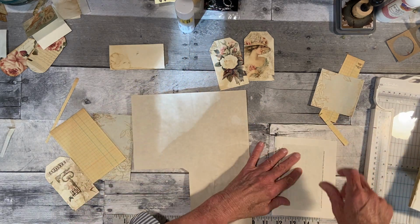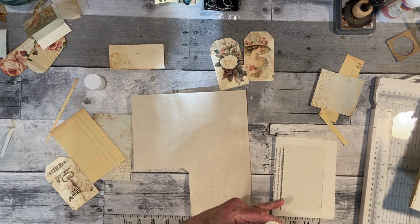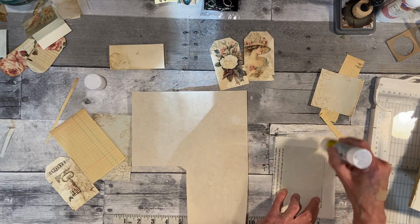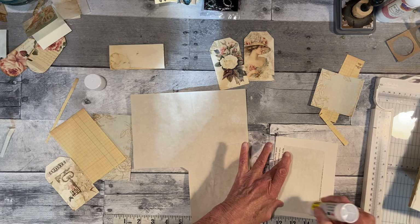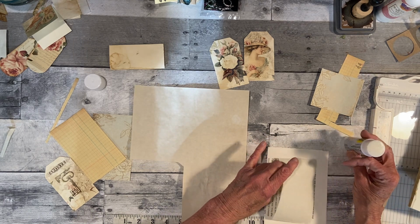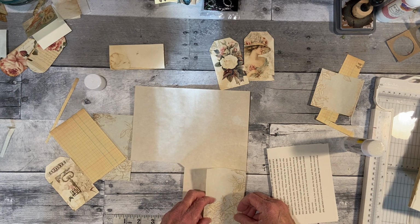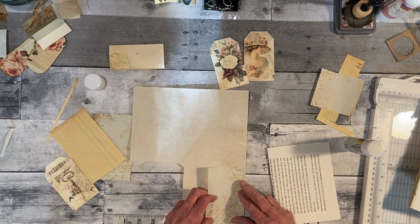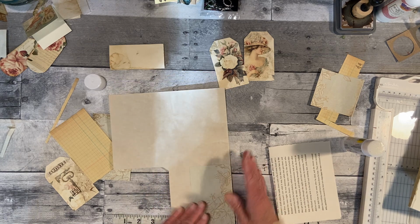Big enough. A new glue stick, which is always nice. You know, I was thinking about putting my glue stick in the refrigerator. Has anybody tried that to keep your glue stick from getting so soft? I think that's what happens when the weather changes. Put that right on the edge. Oops. Let's see if I can get 2 edges. If that is the cause of...